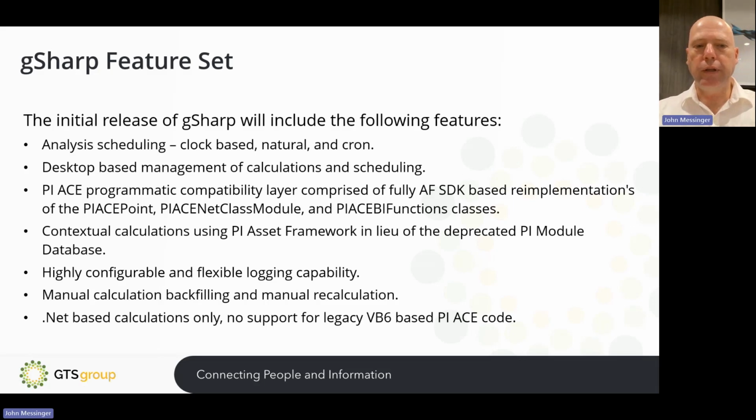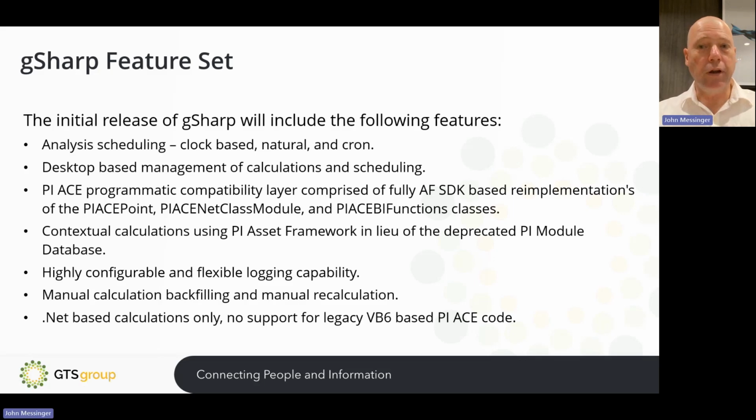We also are using the asset framework to provide calculation context in lieu of the PyModule database. Hopefully many of you, if not all of you, are using the module database to AF synchronization mechanism that at least synchronizes your module database to an asset framework database. gSharp will allow you to use that synchronized AF database as your source of context for calculations, or if you have a production asset framework database that expands on that synchronized model, you can also use that particular database.